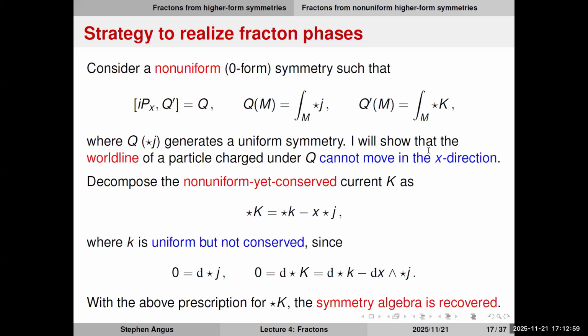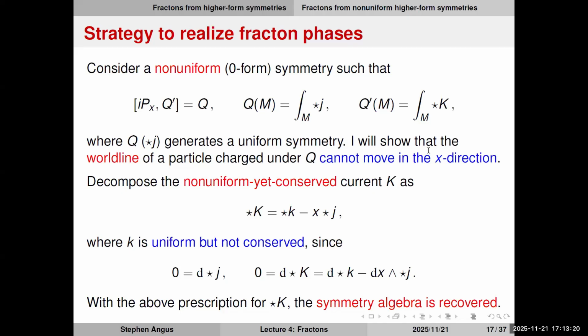So what I want to do is show that the world line of a particle charged under Q, due to this non-trivial commutator involving Q prime, cannot move in the x direction. So the world line cannot have a trajectory in the x direction. So to do that,